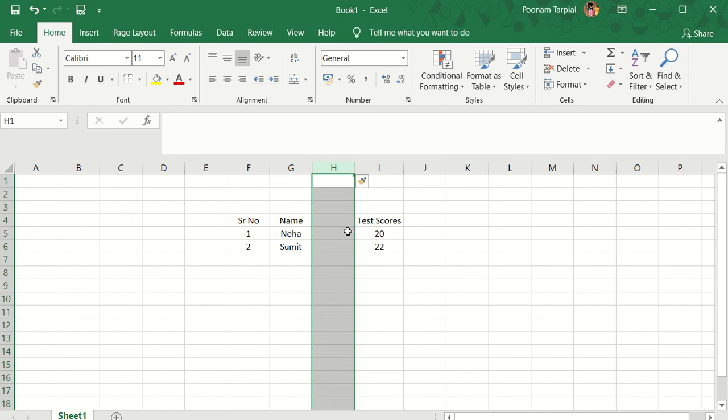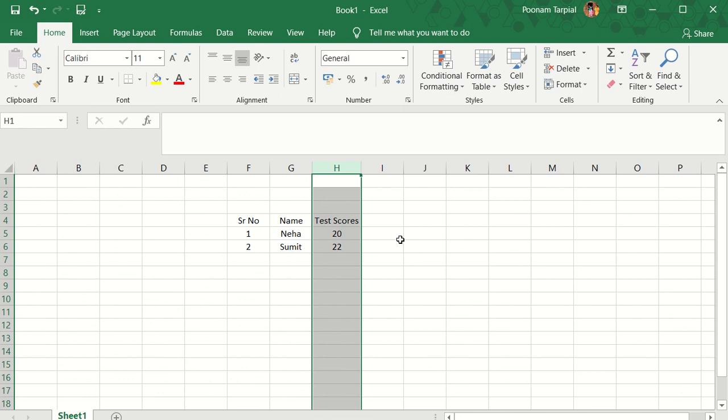However, in case you don't want to do it this way, another shortcut for adding a column is to highlight that specific column and then press the control button and the plus button simultaneously, and the column would be added automatically on its own. So this is another way of doing it.